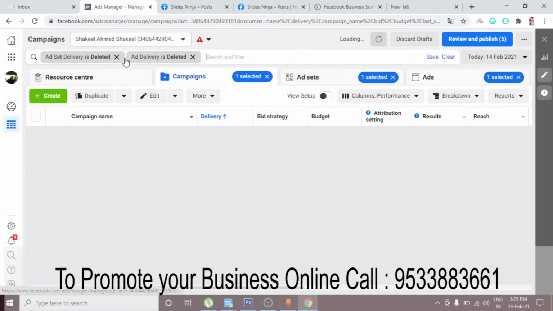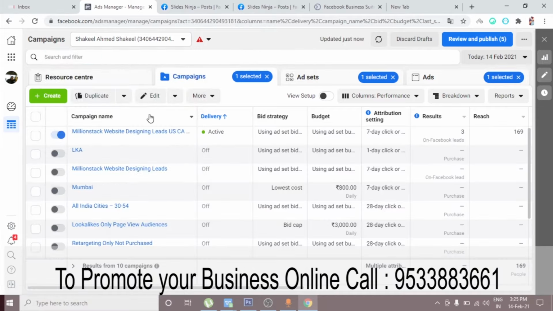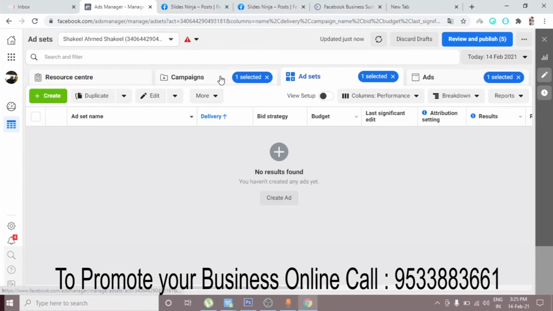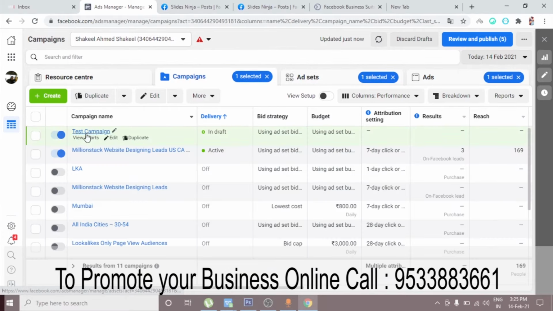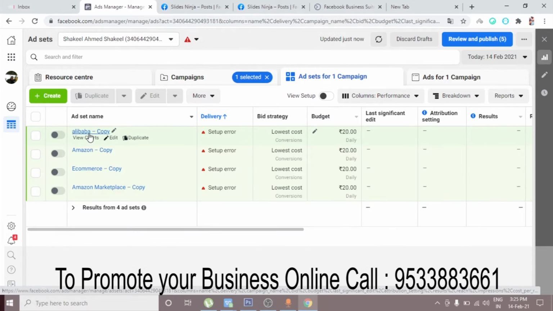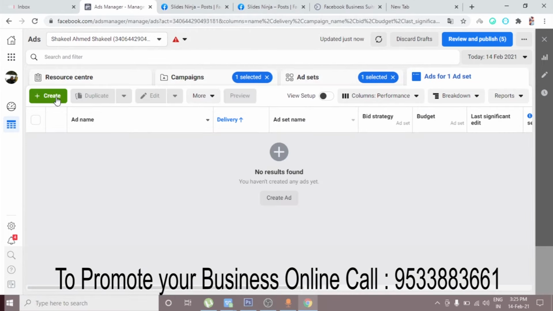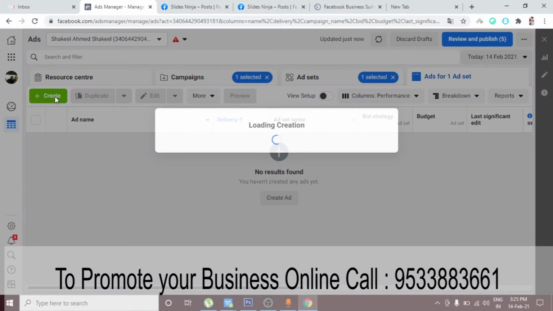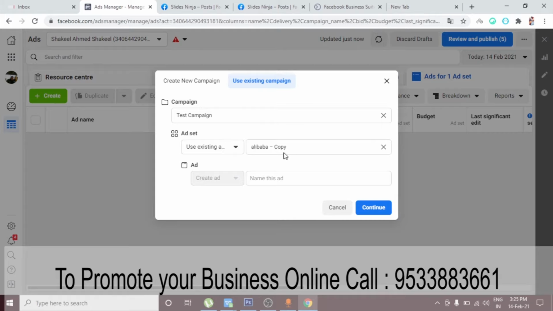Remove these filters. Here is my test campaign. Select this to create a new ad, and name it test ad 1. Continue.